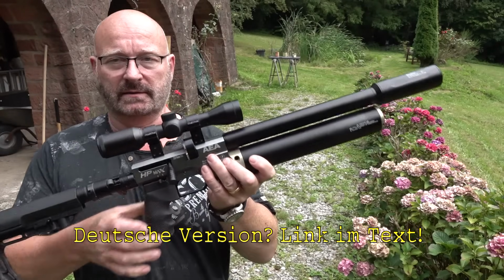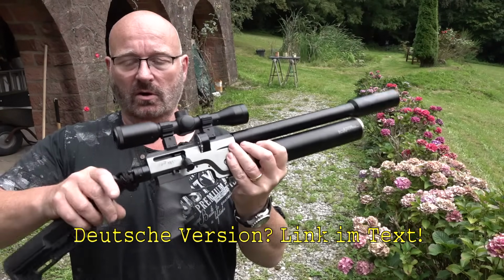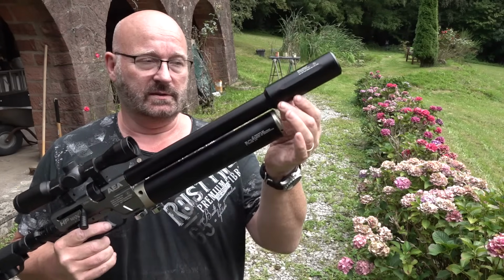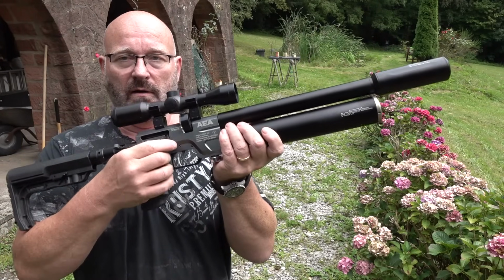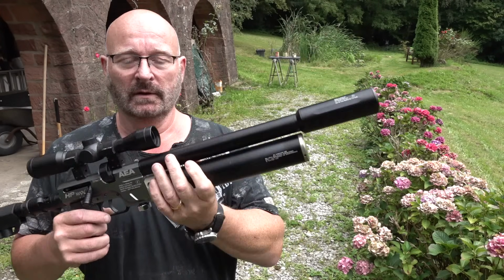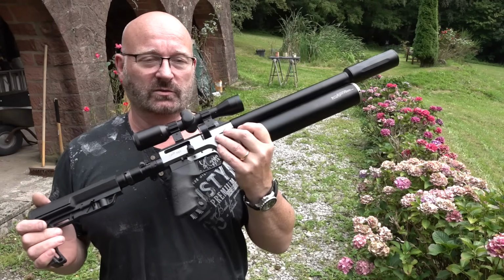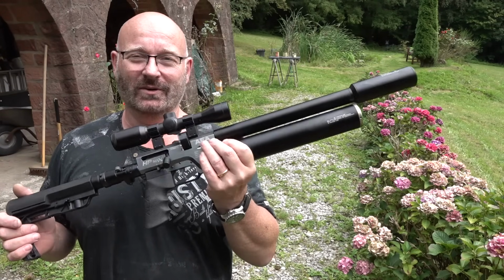The HPMax is a really successful airgun because it's compact and has a folding stock. This is the original version with the bolt action and also with an assembled moderator to reduce the sound. Now this is the Germany legal version in a super weak 7.5 joule, but of course elsewhere, like in the